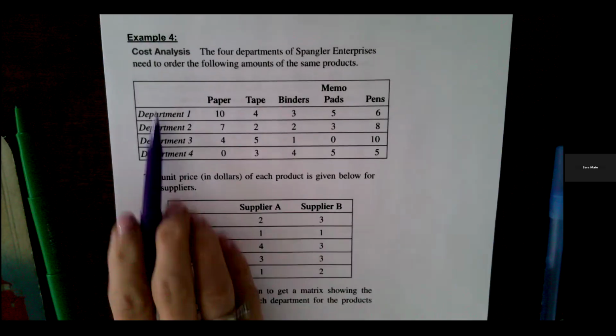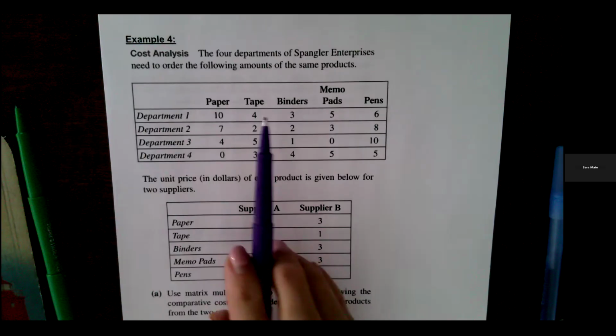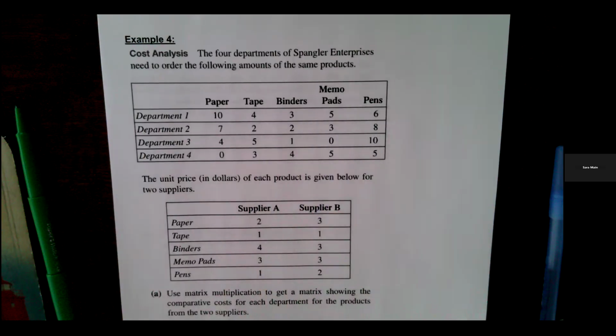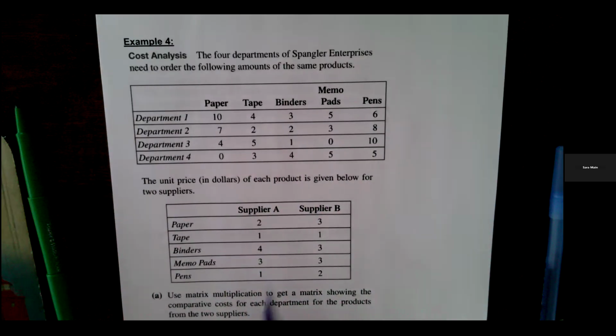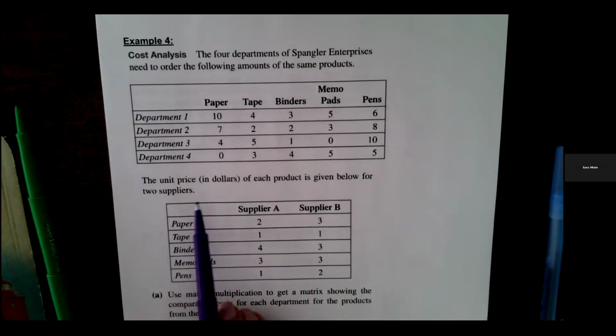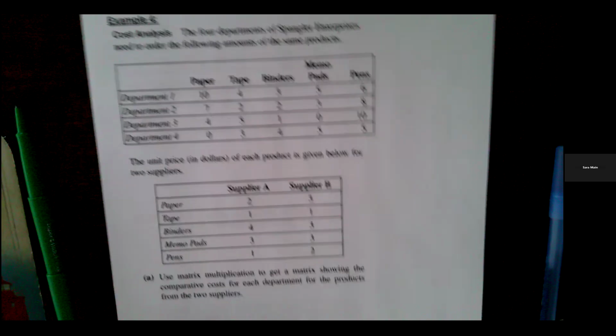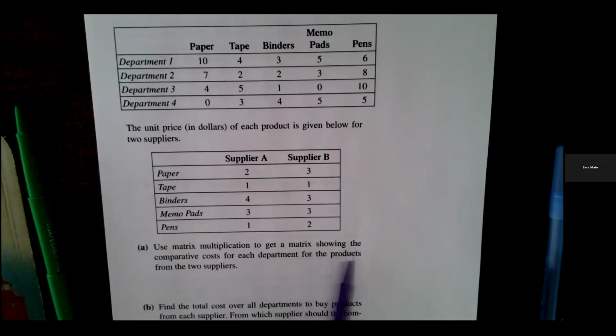They have the 4 departments here, and they've got paper, tape, binders, memo pads, and pens. And these are the amounts that they need. The unit price in dollars for each product is given below. So they've got paper, tape, binders, memo pads, pens, and for supplier A and B. It says use matrix multiplication to get a matrix showing the comparative cost for each department for the products from